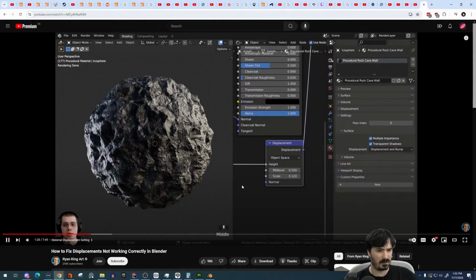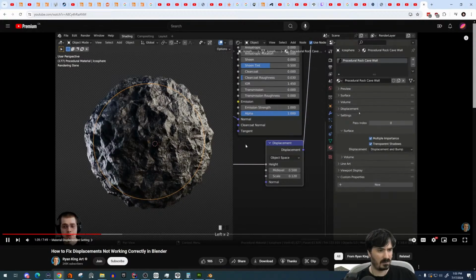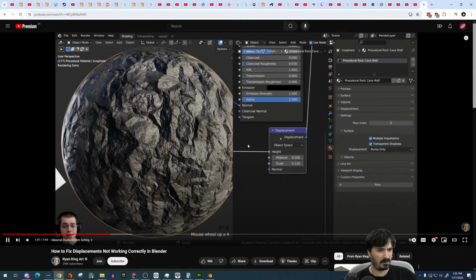The second method for fixing your material displacements is probably the most common problem that people run into, and that is that they don't turn on the displacements in the material settings. So if you click right here on the material properties, make sure that you have the material selected. If you open up the settings tab right here and go to surface, you can see that there's a displacement setting, and on default when you add materials, it is set to bump only. And so when it's set to bump only, it's just going to use the